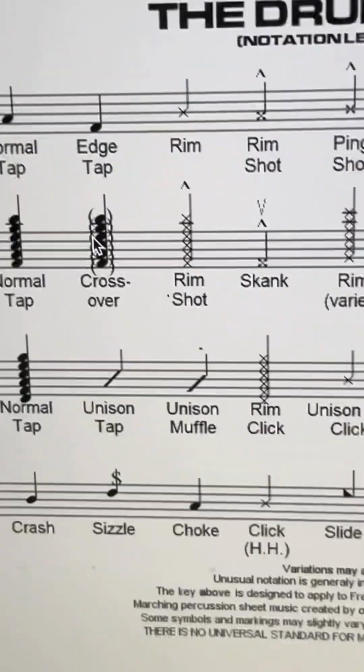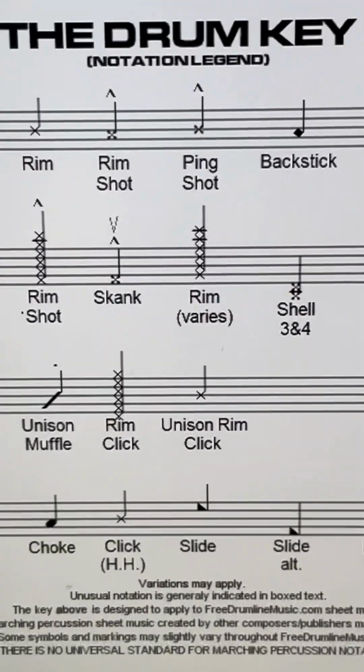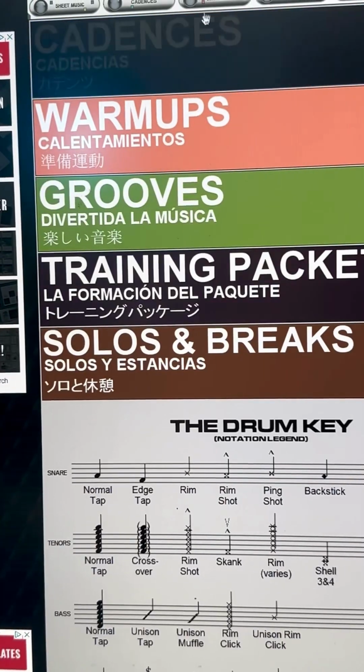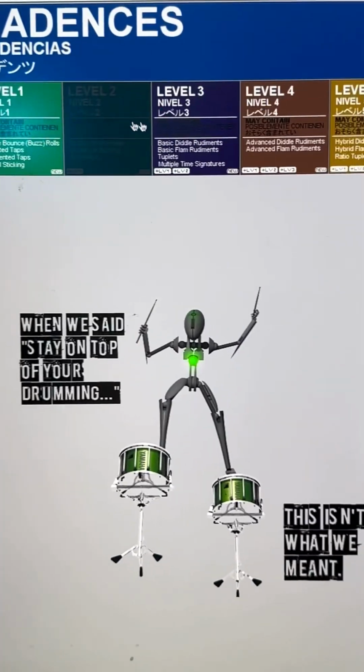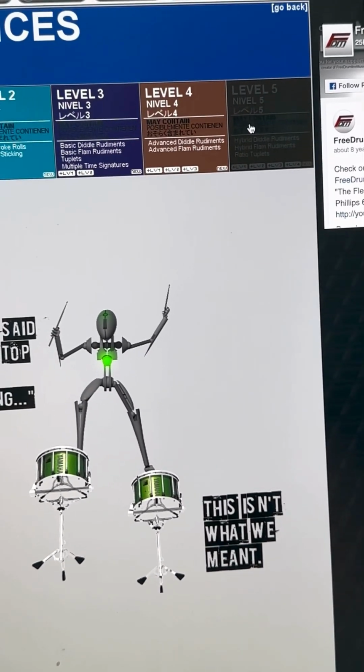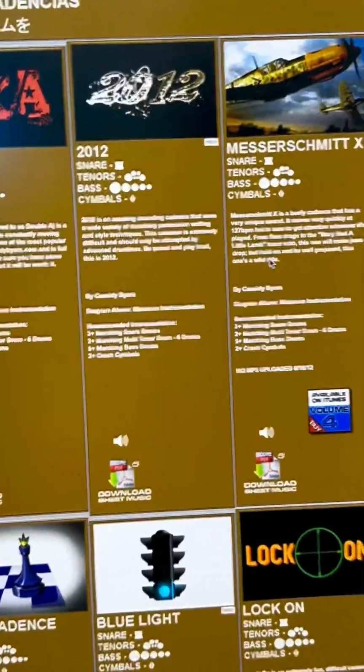And first and foremost, it gives you a key of the different articulation markings. And then you can pick a type of drumline music that you want. I picked cadences. You can choose a level of difficulty. Of course, I'm going to pick level 5. And then it gives you a selection of different drumline pieces,